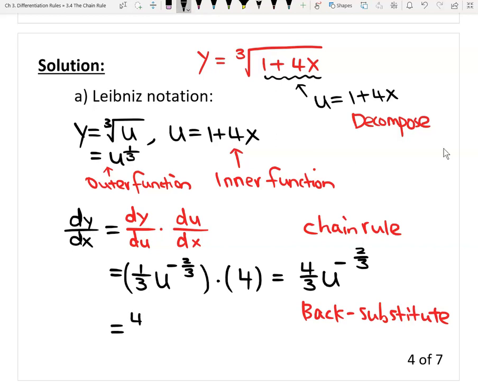We get 4 over 3, parenthesis 1 plus 4x, you know this, right? And then raised to the power of negative 2/3. So here is the answer for this question. You can go over it. The first step is decompose. The second step is use the chain rule. The last step, don't forget to back substitute. And then whatever answer we get is here. Now let me look at the